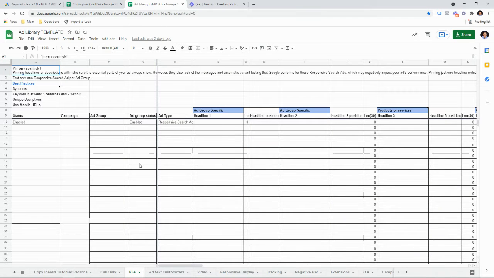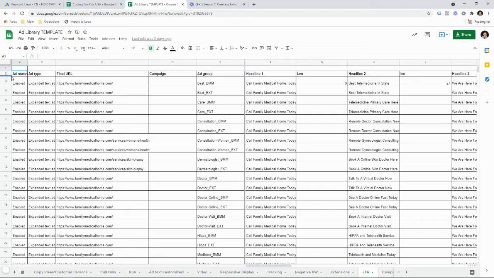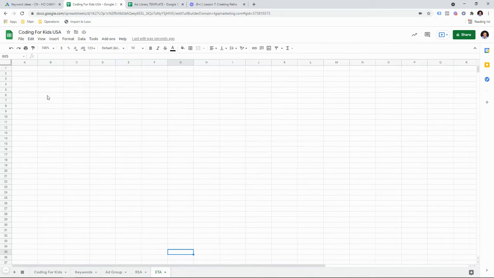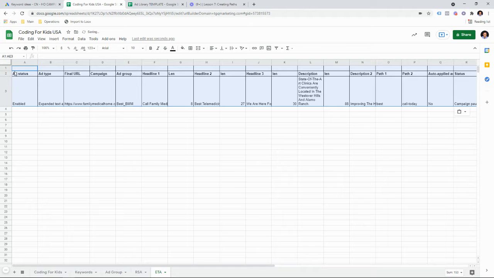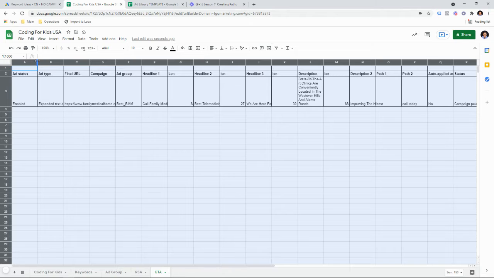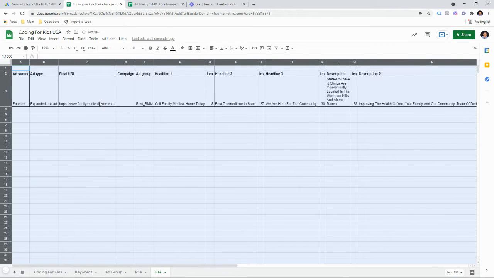So you go into the ad library template and you go to the ETA or extended text ads. You just copy this down. Then you go to your extended text ad area and you paste. Now you see the ad status, campaign, and everything. Now all you have to do is go into the RSA tab,